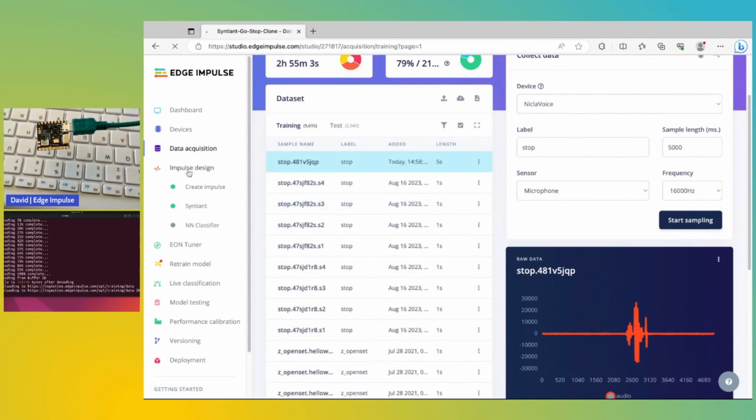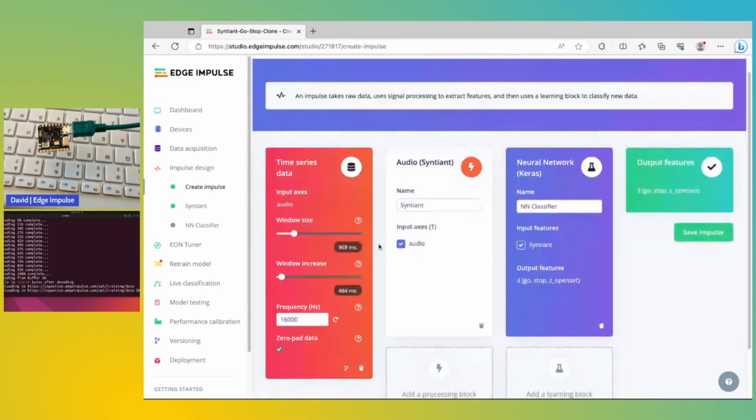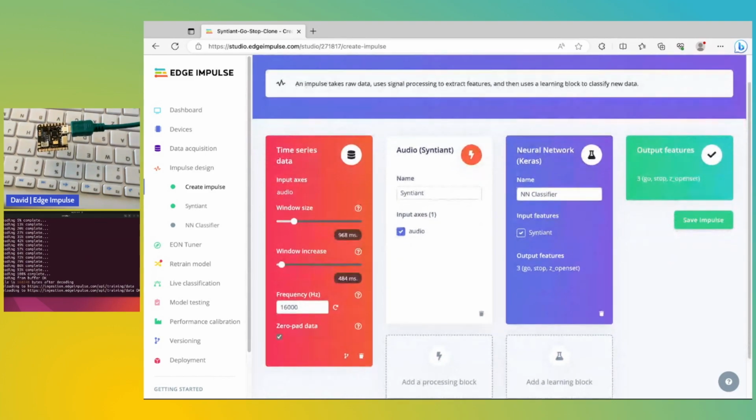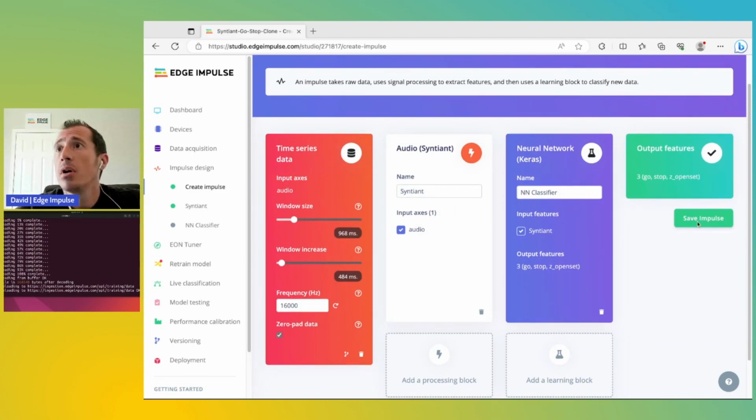Next, let's take a look at our impulse design. And as mentioned earlier as well, this is already configured for us. So I'm not going to make any changes here, but you can, of course, add additional processing blocks or learning blocks if you want to explore with that. Now, I'll save the impulse,